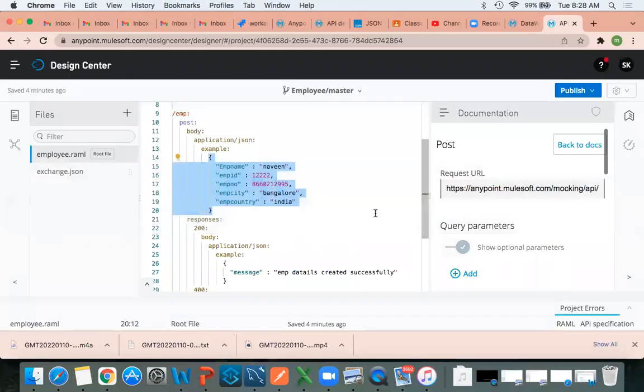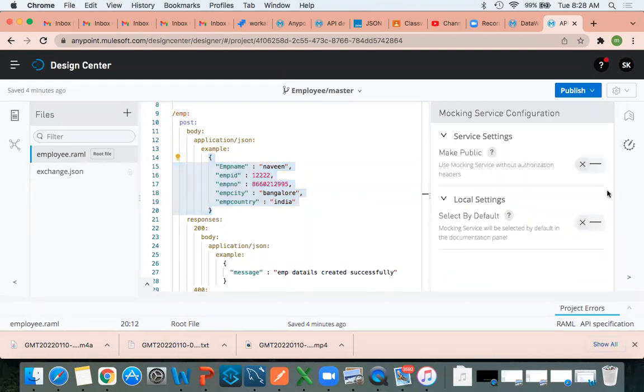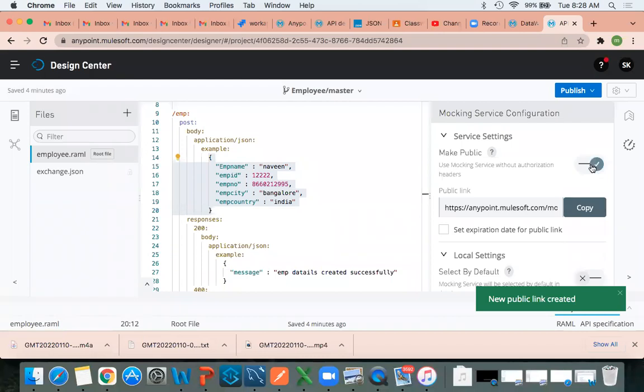So to fix this, what do we need to do? Mock the URL. Okay, we have to mock this. Mocking means to provide a temporary URL to the client. Click on this, and then which option do I need to select? Make public. The moment you select make public, we got this.